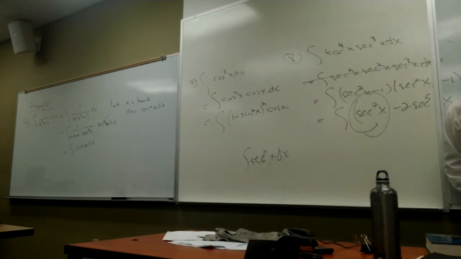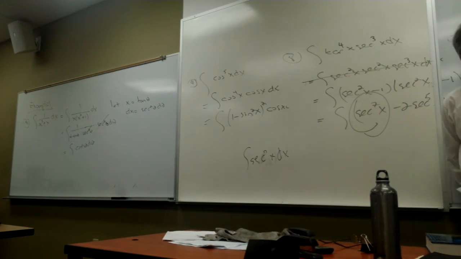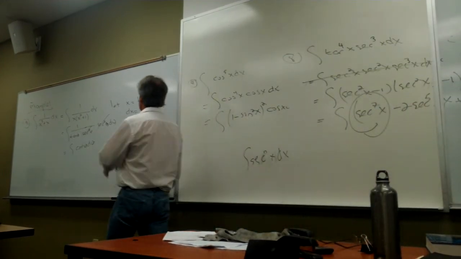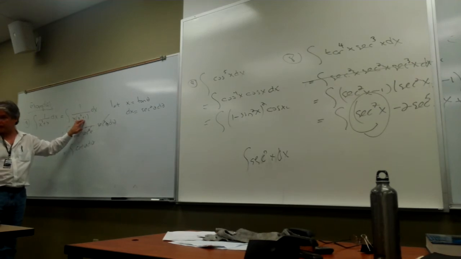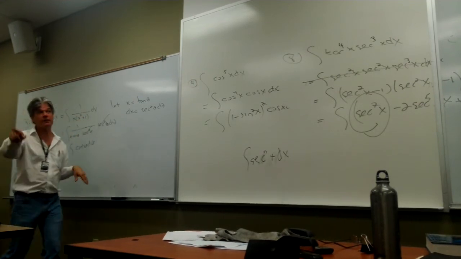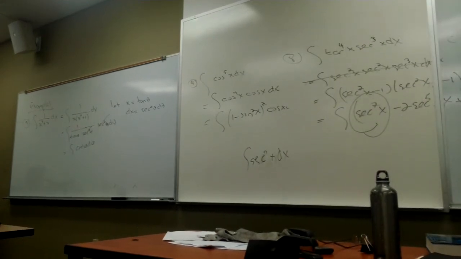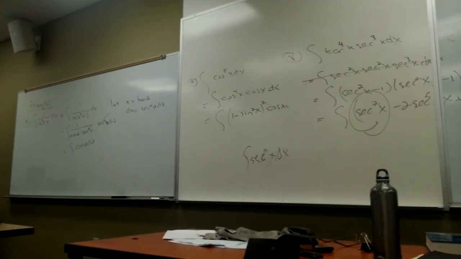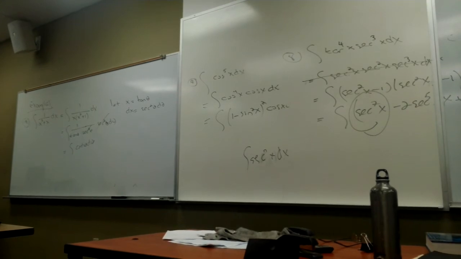David, why did you choose tangent to be your x and not any other function, just for that particular reason? What a good question. If I allow x to be secant, I get secant squared of theta plus 1, and with one of your Pythagorean identities, I don't see a secant squared of theta plus 1. I only see a secant squared of theta minus 1. That's why I'm saying, when I see a sum of two squares, I naturally think of the tangent substitution. Even a sine function or cosine is not going to give me something for which I can replace those two terms with a single term using one of my Pythagorean identities.